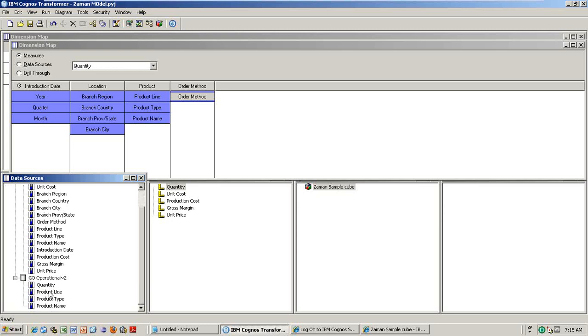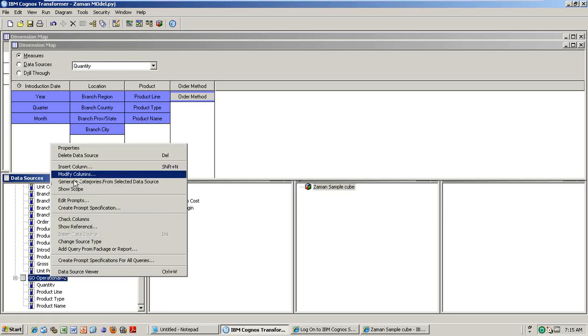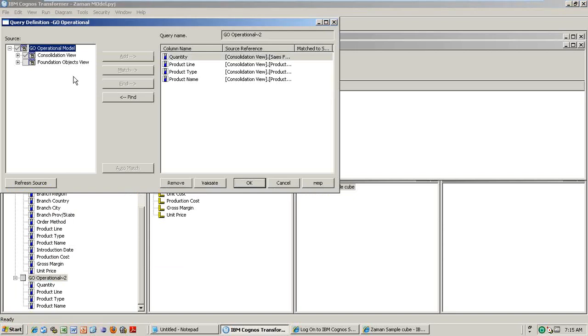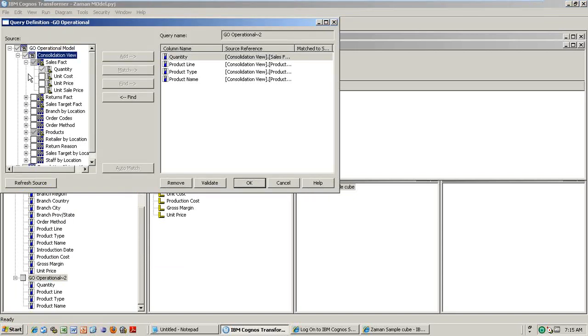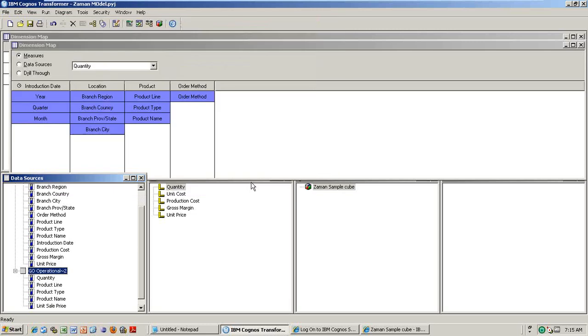Why? Because quantity is present in the first thing. And remember, in the Go operational 2, I am adding one more column. Unit sale price is not available in the first query, right? Fine.